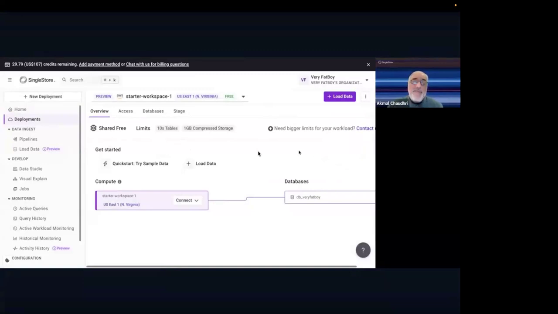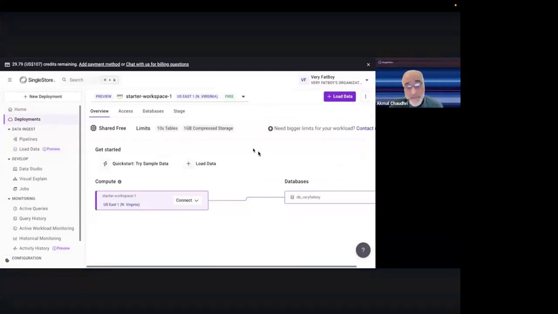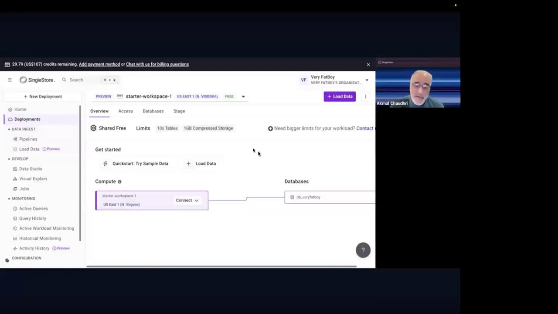Now, this is the kind of free shared tier. This gives you the opportunity to start experimenting with SingleStore. Dip your toe in the water, try it out. Great for very small scale projects, but a nice way to just learn. And you will get credits as part of the account as well, and you are not burning through those credits as part of the free shared tier. Those are available to you if you need something more.